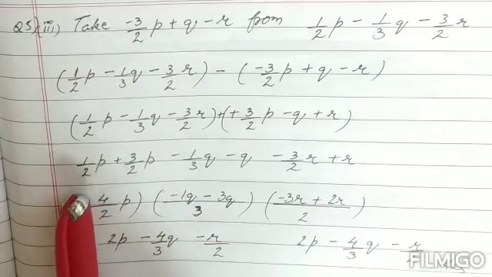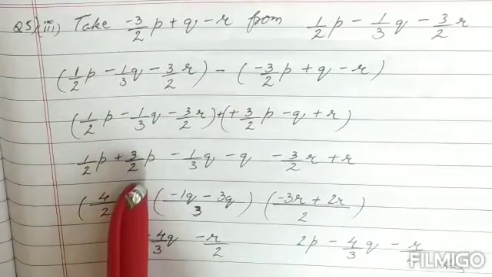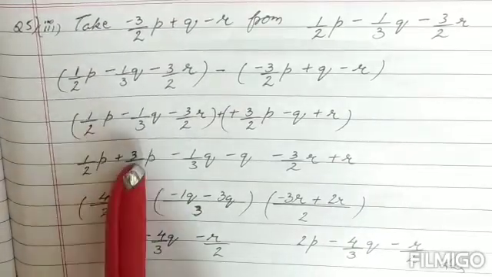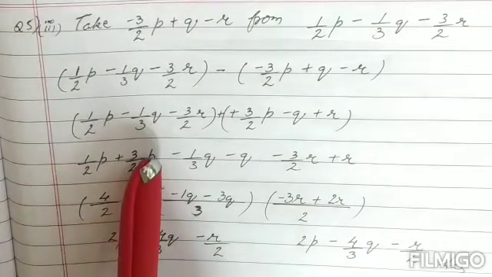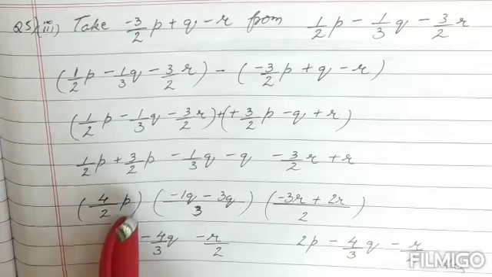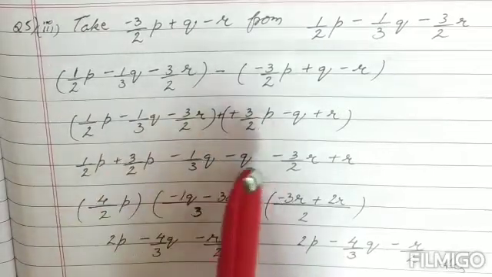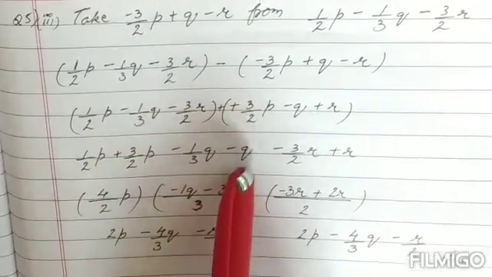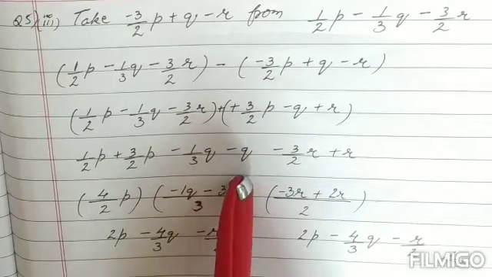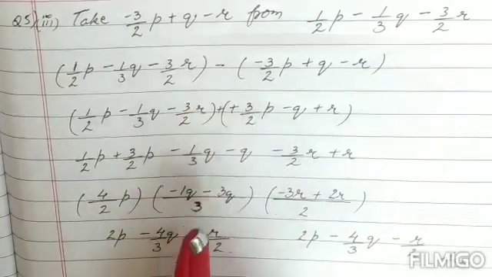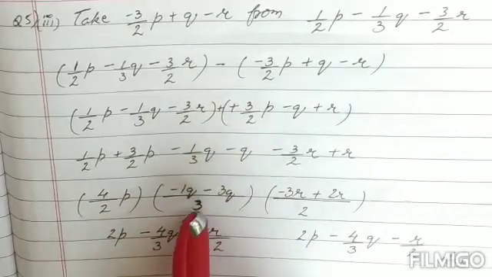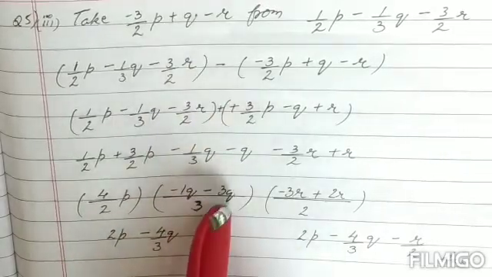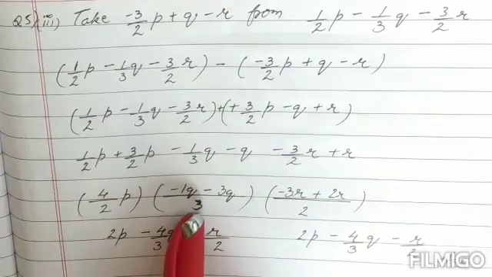Now in fractions, children, if the denominators are same, you don't need to take the LCM. You can simply add or subtract the numerators. So over here we are going to add the numerators and it becomes 4 upon 2p minus, again over here there was no denominator, children, so you can take it as 1. So the LCM of 3 and 1 will be 3. So according to that I have taken. Now 1 goes in 3 times. 3 into q is minus 3q. Then you are going to solve it further.